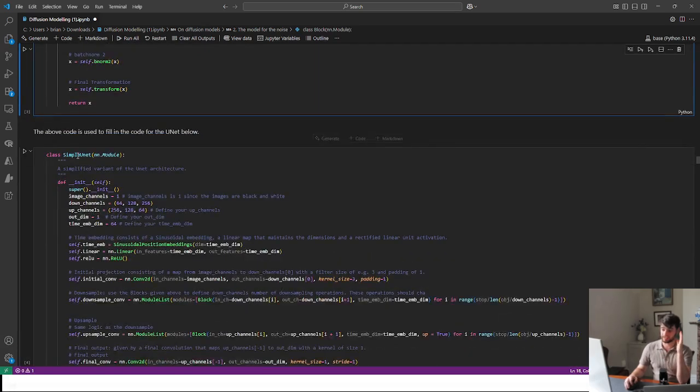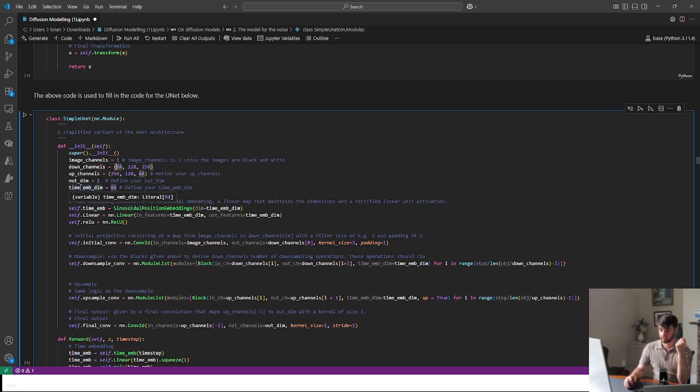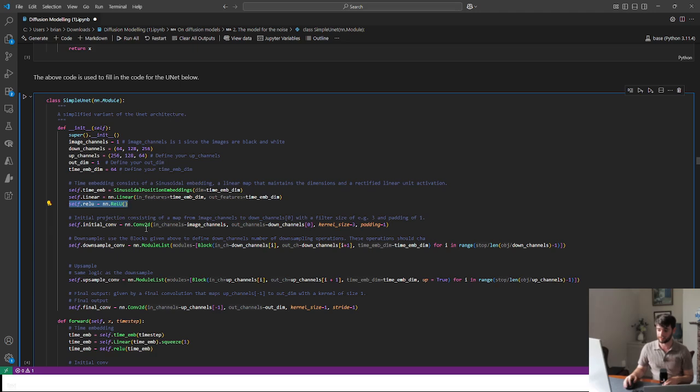Then this is the main class. This is the main neural network architecture that we use. And these are our up channels and our down channels. So we have a time dimension, our position embedding, and then we have a linear transformation of that. And then we have just a simple ReLU transformation. Then for our convolutions,